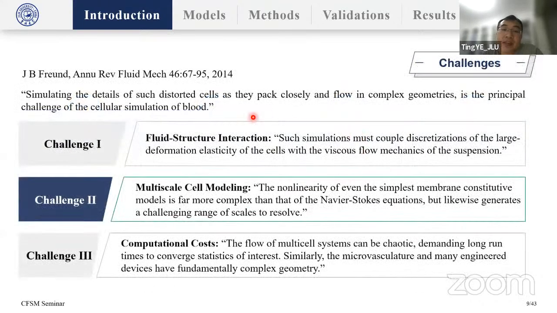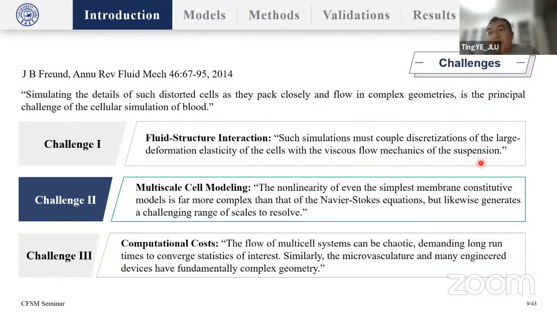When we numerically simulate the cellular blood flow, what are the challenges faced? Fred gave an excellent review in Annual Review of Fluid Mechanics. He pointed out that simulating the detail of such distorted cells as they pack closely and flow in complex geometries is the principal challenge of the cellular simulation of blood. More specifically, there are three main challenges. The first challenge is fluid-structure interaction. Fred said such simulation must couple discretization of large deformation elasticity of cells with the viscous flow mechanics of the